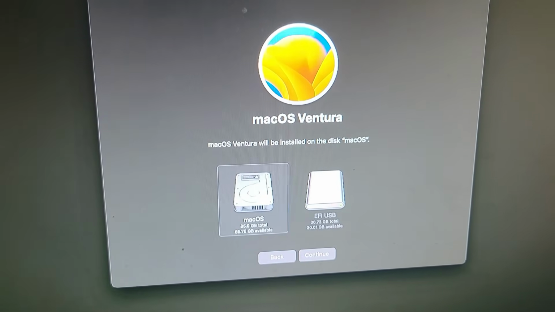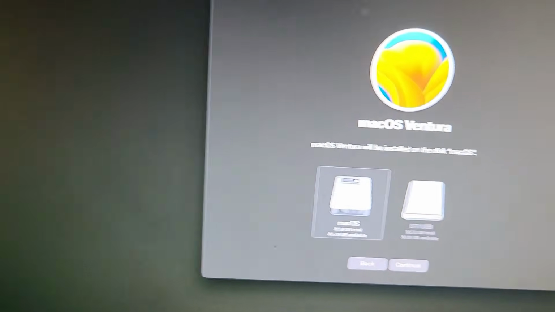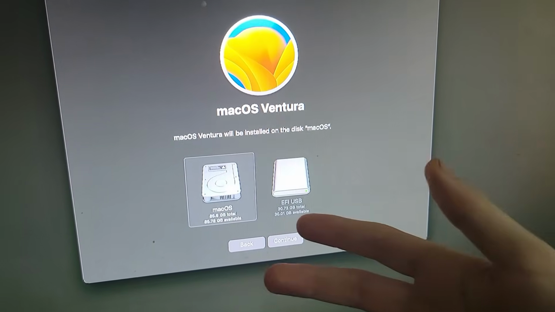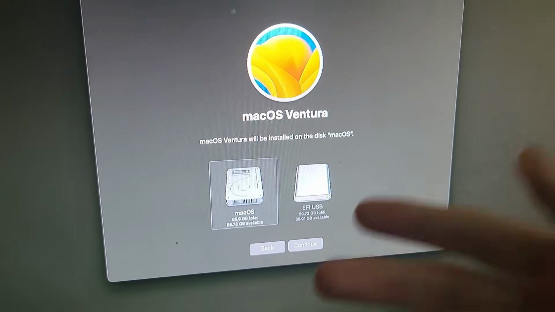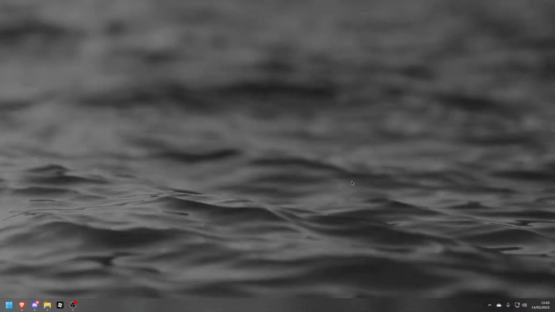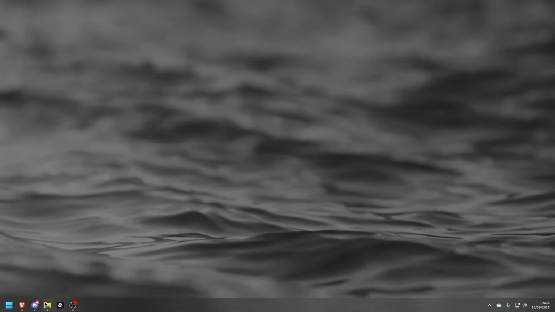But I don't want Ventura, I want Sequoia. So I'm just going to restart. I'm going to show you. It's basically the same step as installing the macOS recovery environment, but you're going to install Sequoia. So yeah, once you've rebooted into Windows and your disk is formatted, you can verify it